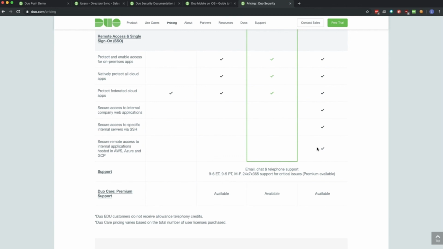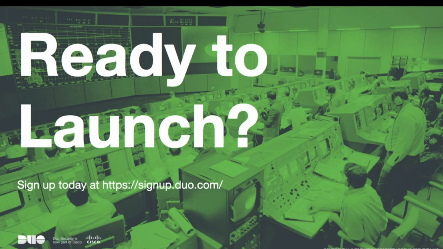It allows secure external access to internal applications without requiring the additional layer of the VPN, as well as giving you the ability to have managed and unmanaged devices, as I had mentioned there, as an additional element to build your policy around. So yeah, you can get that started by going to signup.duo.com.